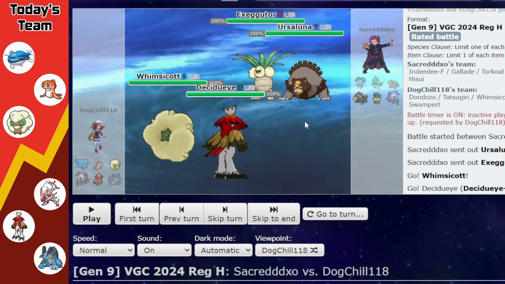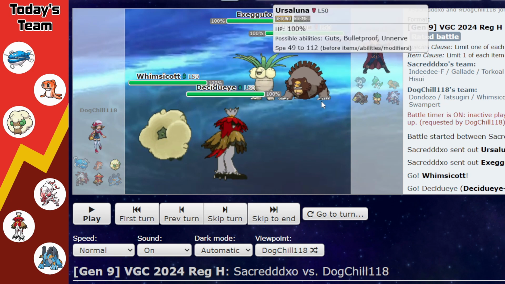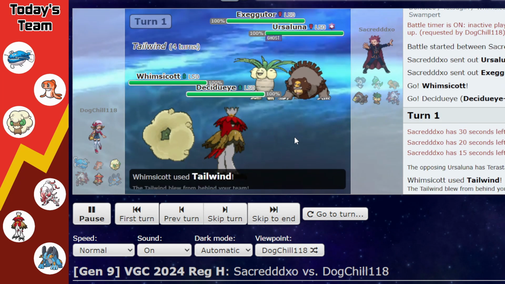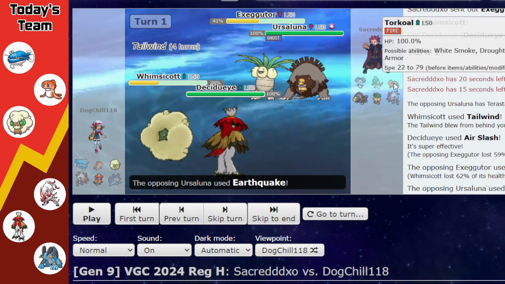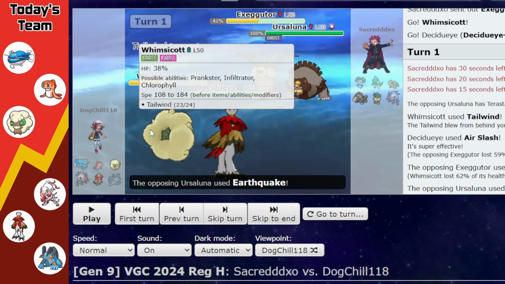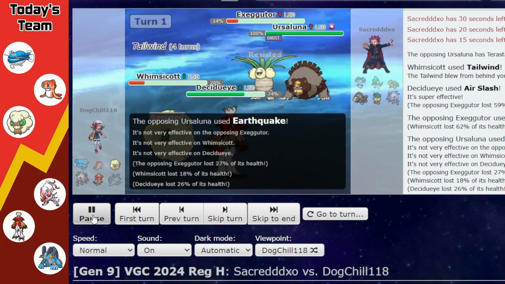I thought they would start with a Trick Room mode, which is kind of why we have Decidueye, who might be able to compete with some of the Pokemon inside Trick Room. But they immediately Terra Ghost the Ursaluna as we Tailwind here, seeing as they're probably not setting up the Trick Room with Exeggutor, since they have Torkoal and Indeedee and stuff, which probably tells me that Exeggutor wants to be fast Exeggutor. But they do go for the Expanding Force with Exeggutor, and they decide to Earthquake with Ursaluna,